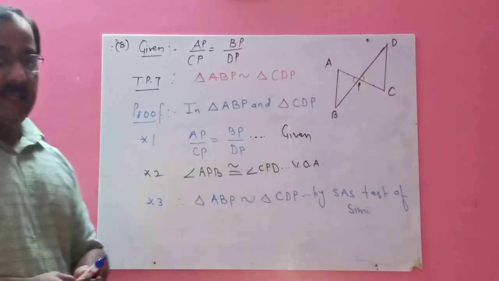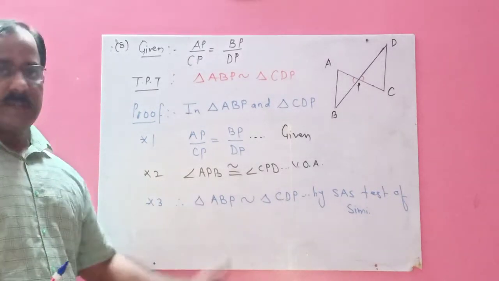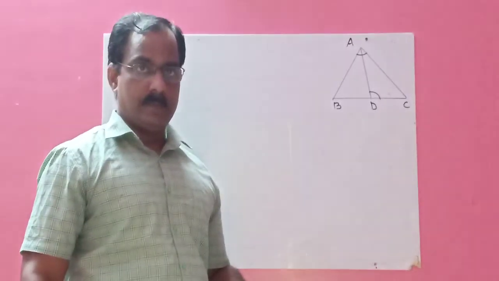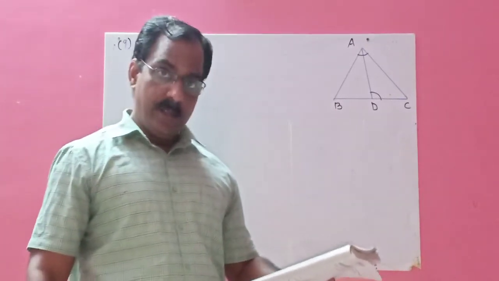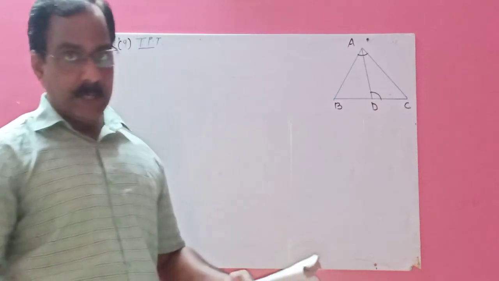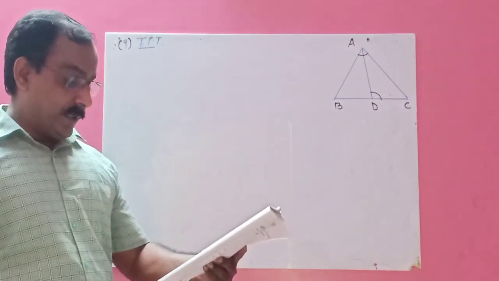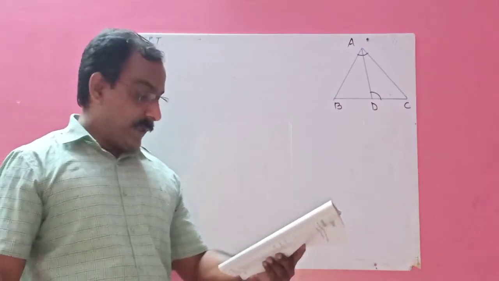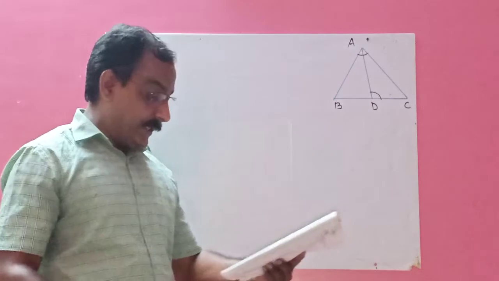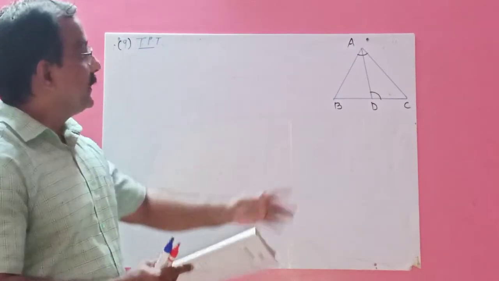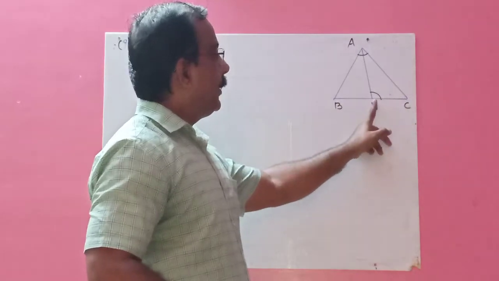Okay, so I said that this is the easiest sum in this exercise. Okay, so children, last sum of the exercise, question number 9. This question was asked 2 times in board, so this is also a very important sum. In the figure, it is for 3 marks. In the figure, in triangle ABC, point D is on side BC.